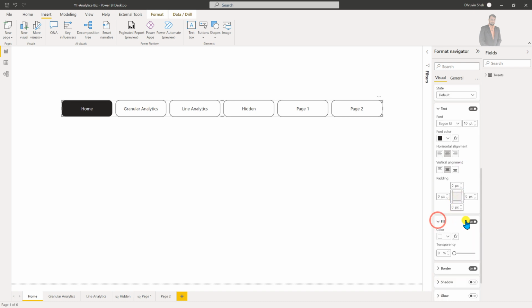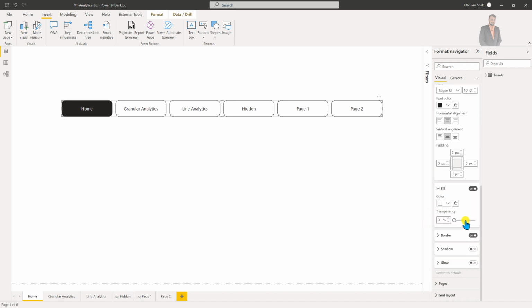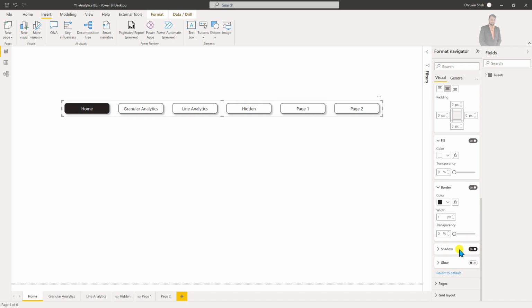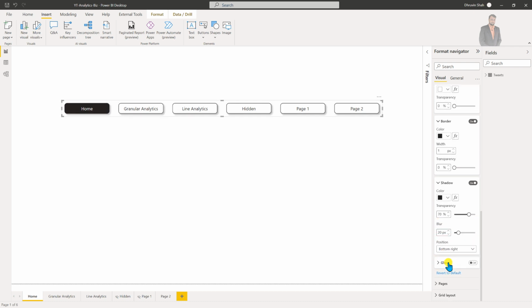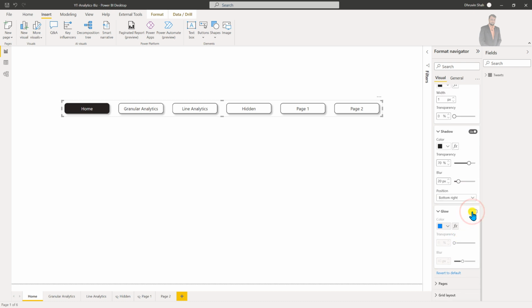Then if you wanted to change the fill for your buttons, you can do that. If you wanted to turn on the border and shadow, you can just turn it on, and this is looking nice. Now if you wanted to add some glow color for your navigation, just add that, right?